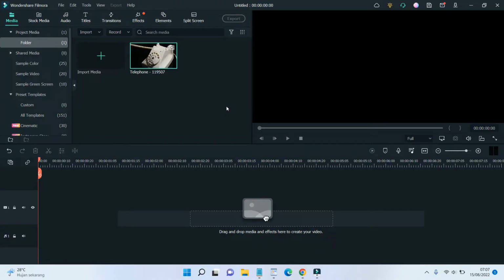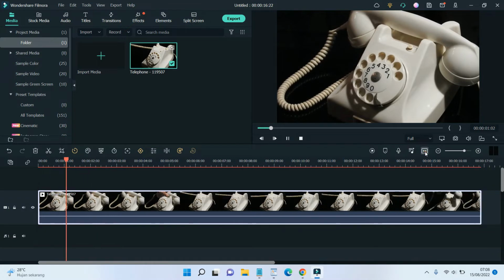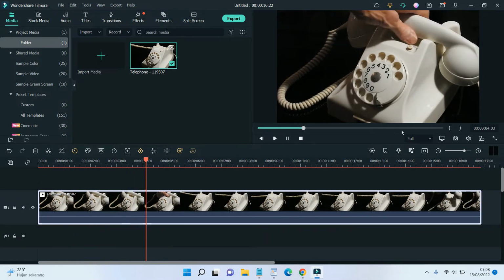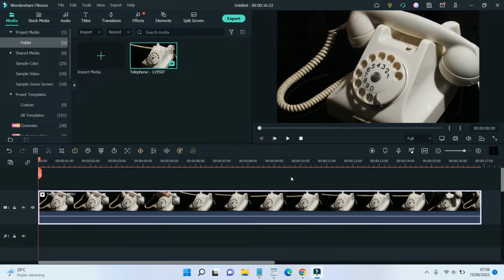In the previous video, we showed you how to blur a moving face or moving object in Wondershare Filmora video editor. Now, we will show you how to blur a video part that is not moving. Here we have a video like this, and we want to blur just the number, for example. Using motion tracking is not useful if we just need to blur a part of the video that is not